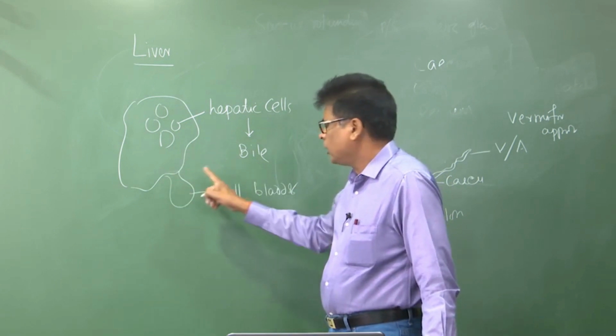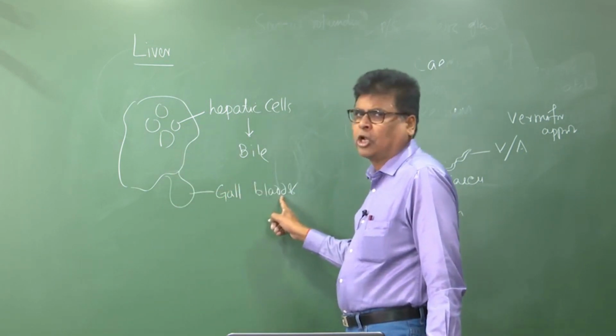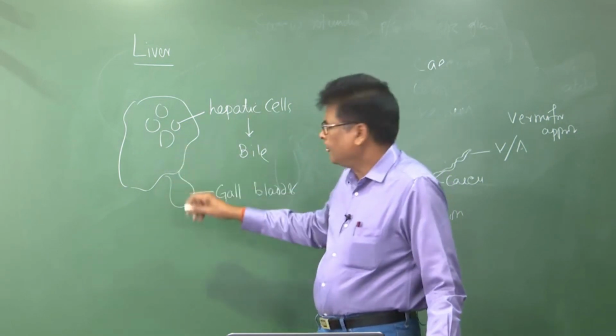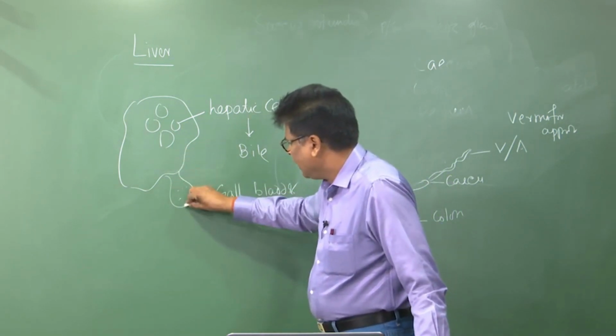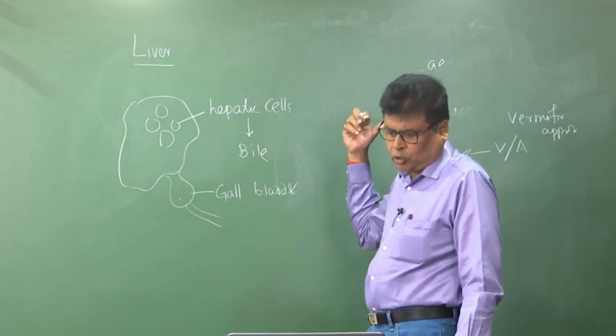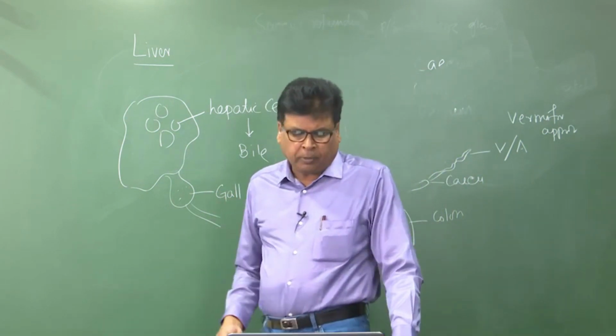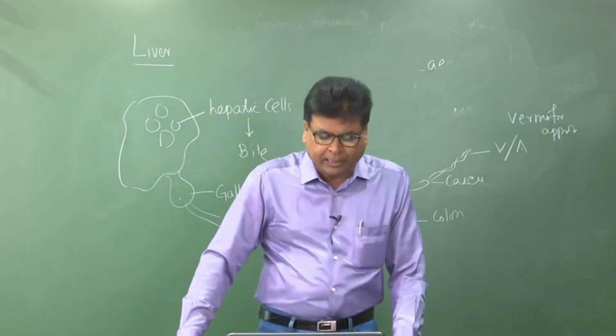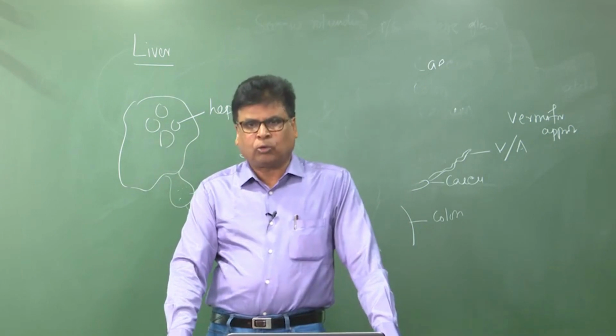Similarly, the gallbladder is also developed with its duct, because if the liver produces the bile, then this bile will be stored in the gallbladder, and this gallbladder will communicate the bile into the duodenum, what we have studied. So how is it formed? If I analyze the development of this liver, then it is seen that this outgrowth,